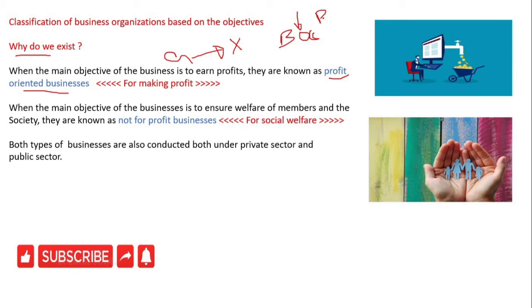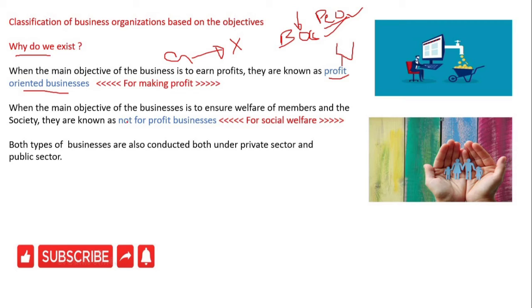People's Bank is a bank owned by the government. It makes profit, interest income. Right? So the government is also making profit. Under profit-oriented business, we can also divide government organizations and private organizations. When an organization's prime objective is earning profit, that is known as profit-oriented businesses.